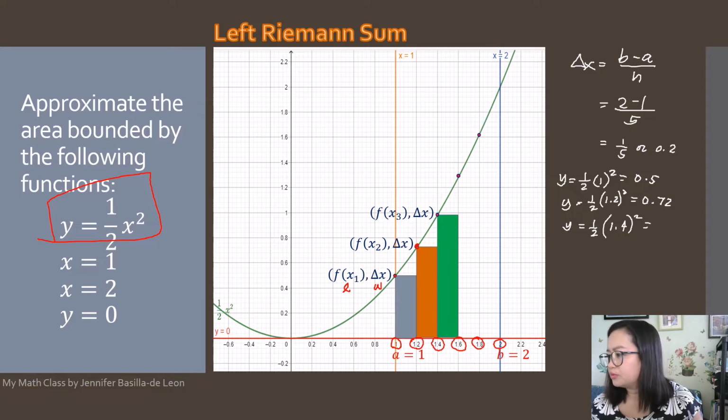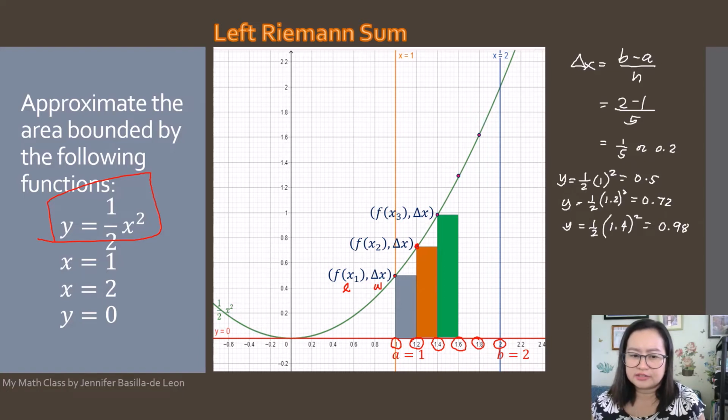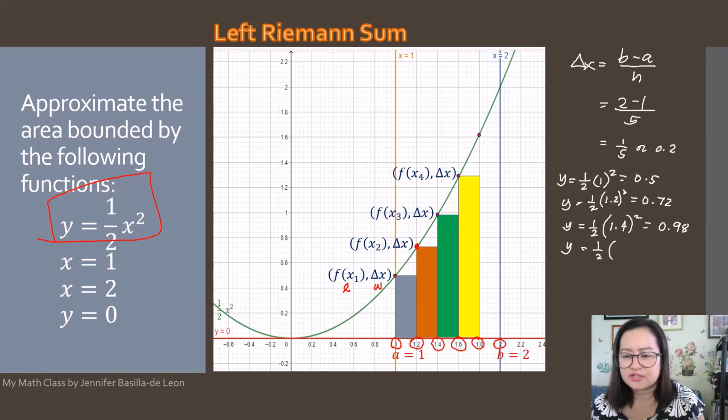So we will have 0.98. And then we have the fourth rectangle. To get the length, we will have 1/2 times the third value, which is 1.6. So we will have 1.6 raised to the second power. We can have